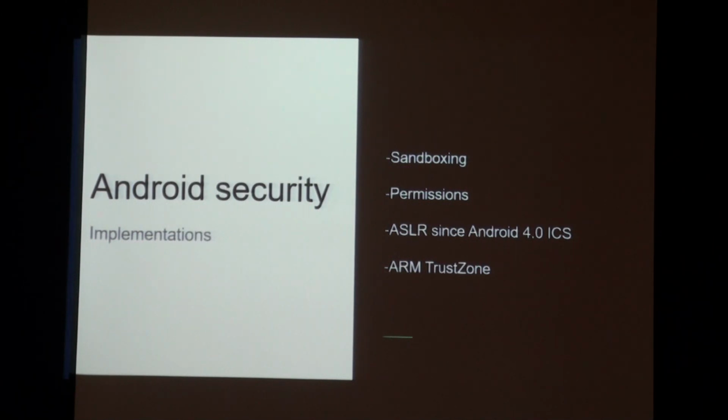I said Dalvik. Dalvik is the Java virtual machine ported for running inside devices that have less RAM and less processing power. Basically, JVM was a heavier version, and we needed a smaller version of the Java virtual machine to run on smaller devices, and that's how we ported JVM to Android, and that's what we call Dalvik. Every process that runs inside Android runs in its own Dalvik instance, meaning no other process executing in Dalvik will be able to interfere with another process.